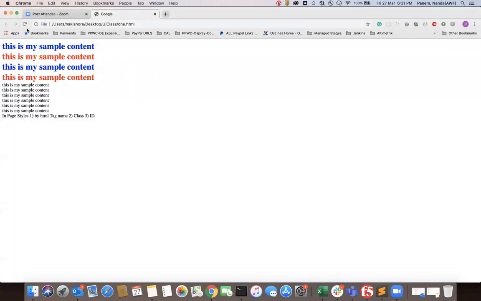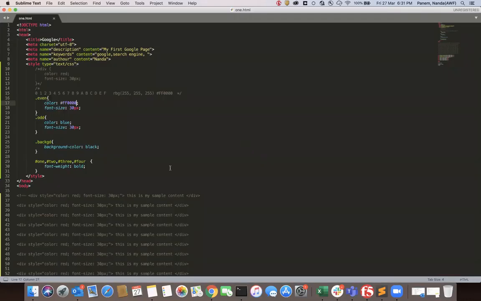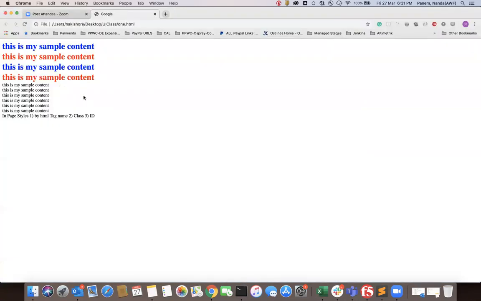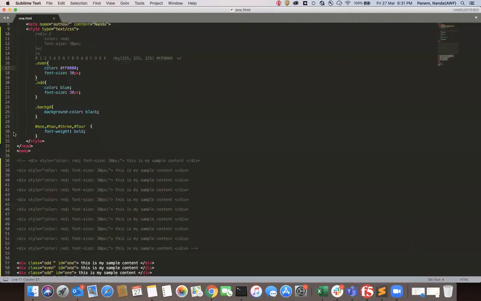If I execute, you can see the red color is coming, as usual.